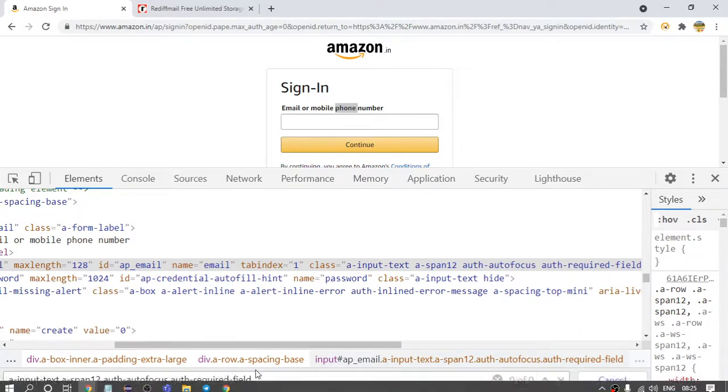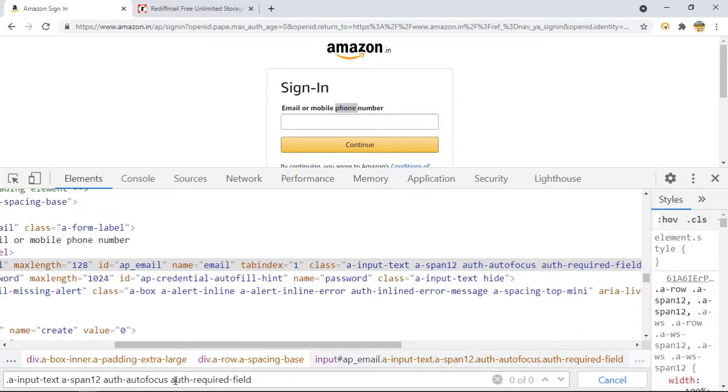Basically, if the class name has spaces, one space, second space, two spaces and third space, you cannot use the dot operator like that. So what you have to do, if you find a class name with spaces, is replace all the spaces with the dot operator. I will remove the space and put a dot operator like this, and from here as well I will remove the space and put a dot operator.